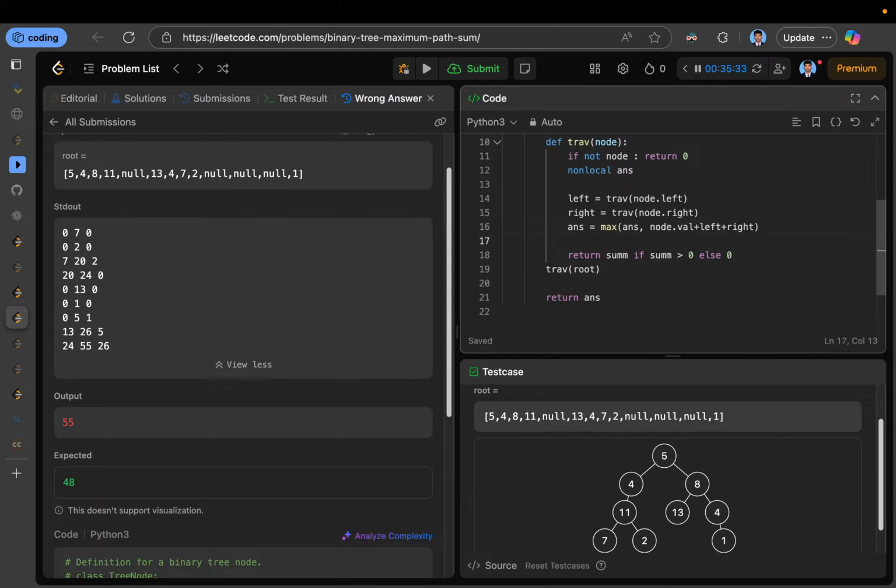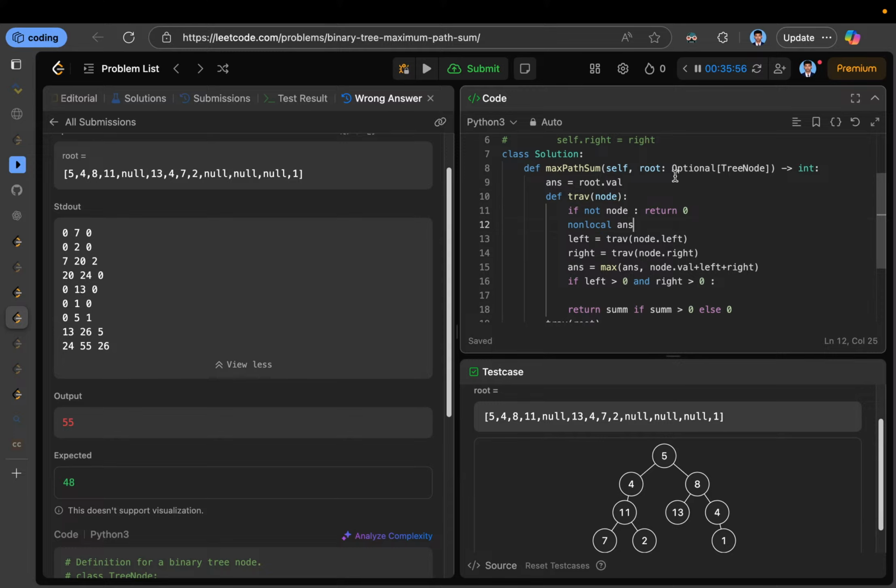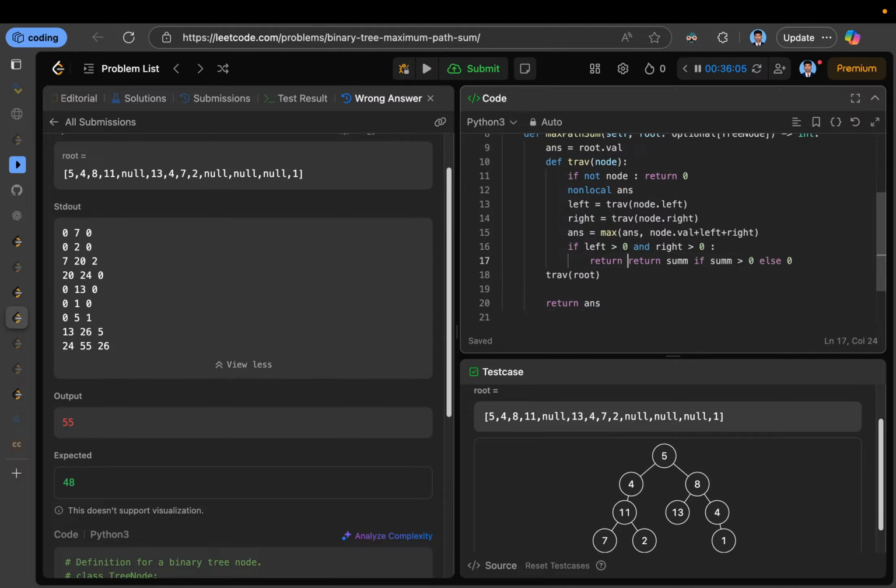Okay, and after doing this, if left is greater than 0 and right is also greater than 0, if both are greater than 0, then sum, if sum is greater than 0,